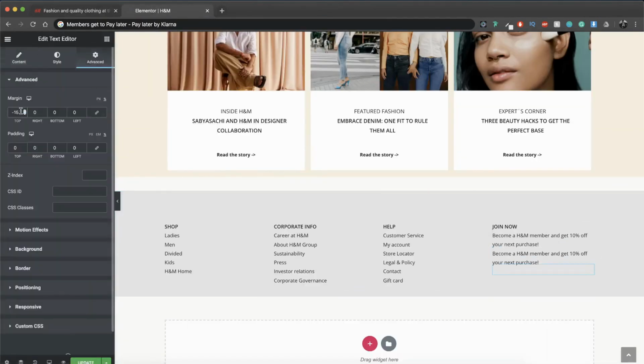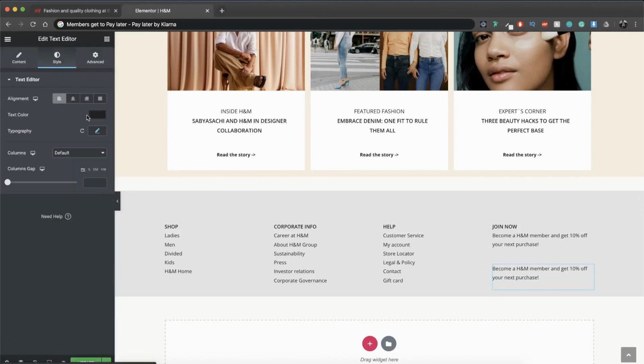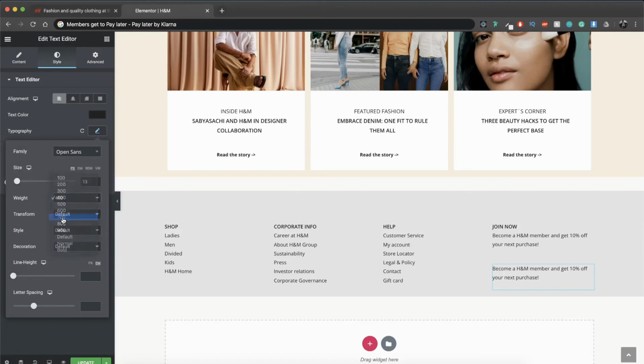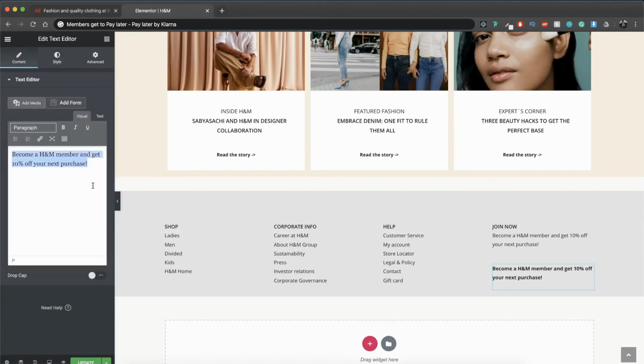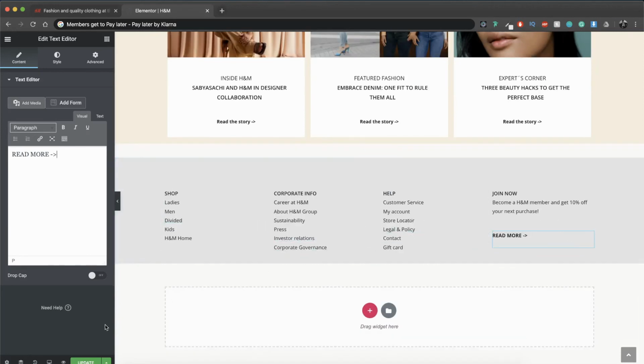Alright, so remove the margin from this last one. We're going to add a little bit of font weight as well. Let's write read more, and give it an arrow. Right, so the footer menu looks very complete. Let's move into the next section, which is